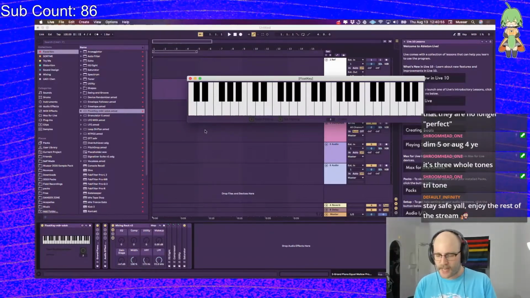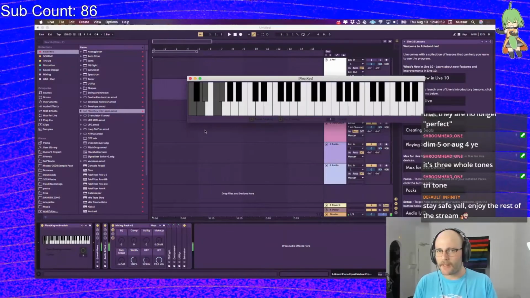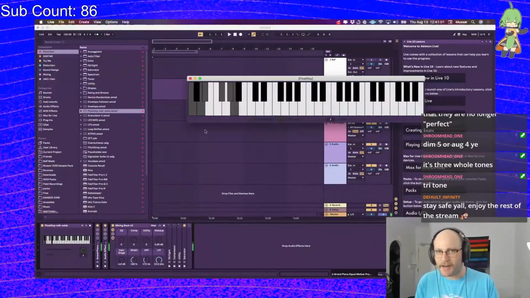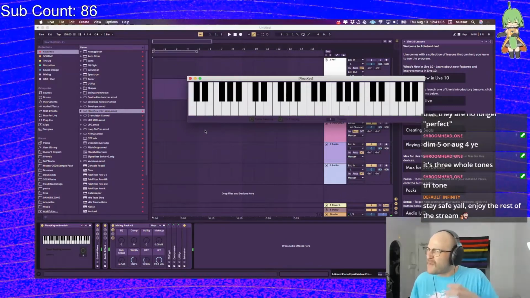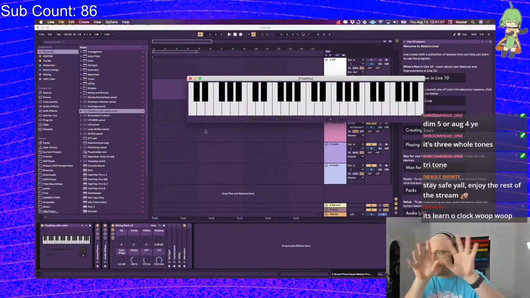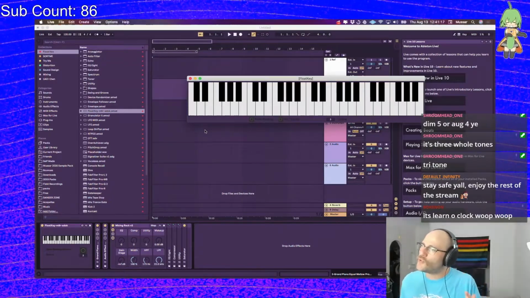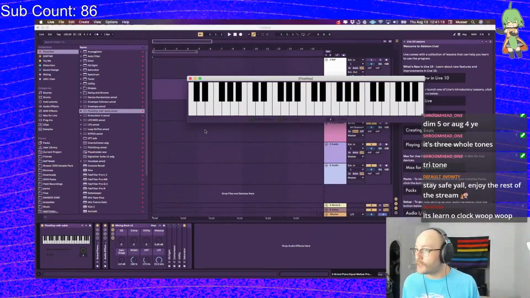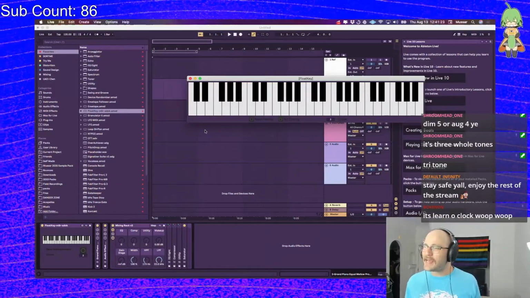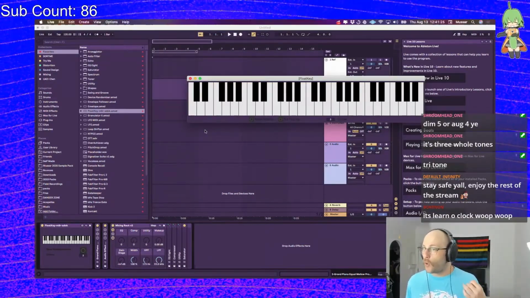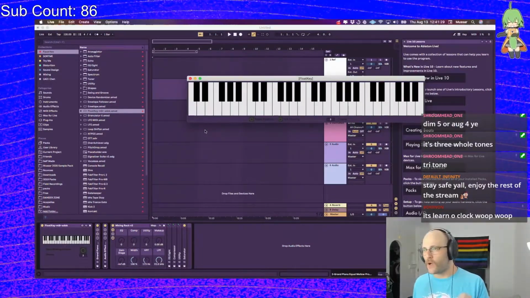We could maybe start stacking major and minor, major and minor, and major and minor. But then it just gets even more crunchy, even more mysterious. So rather than use conjunct or stepwise motion, instead we build our chords off of the next smallest interval, the smallest leapwise motion we have at our disposal, which is a third,